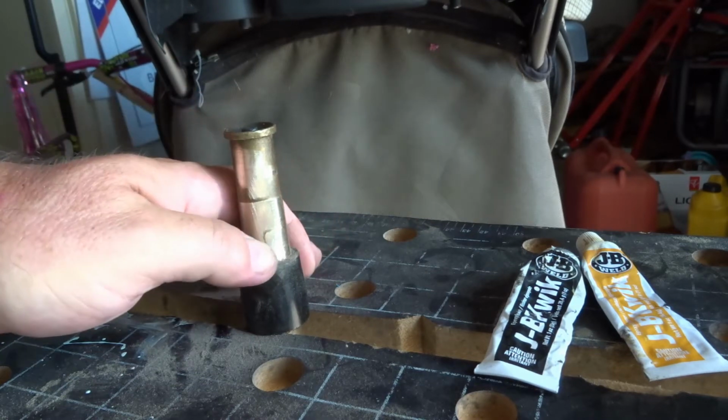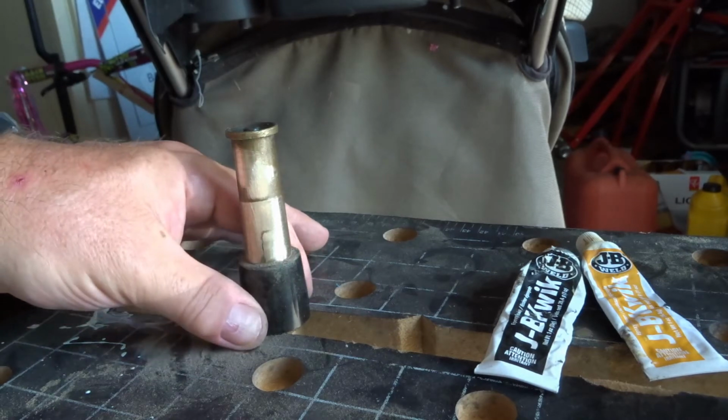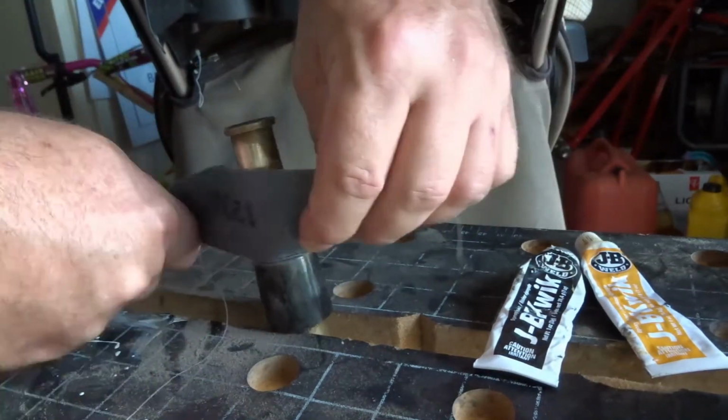So you want to hit this with the heat fast and get it soldered really quick. Otherwise, you're probably going to wreck it. I hope that doesn't happen, but